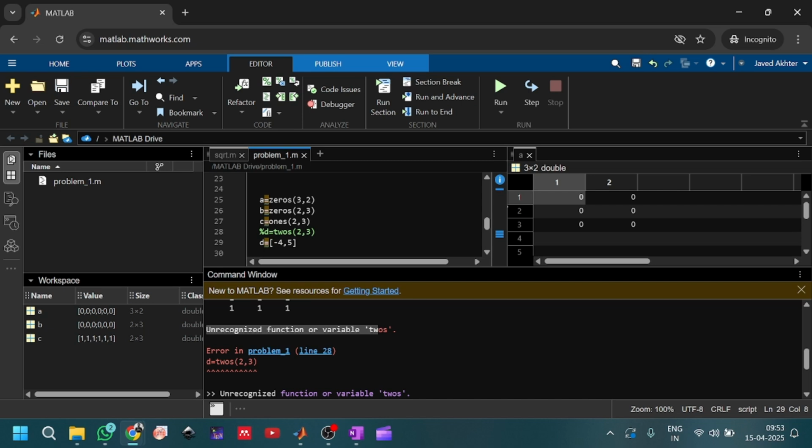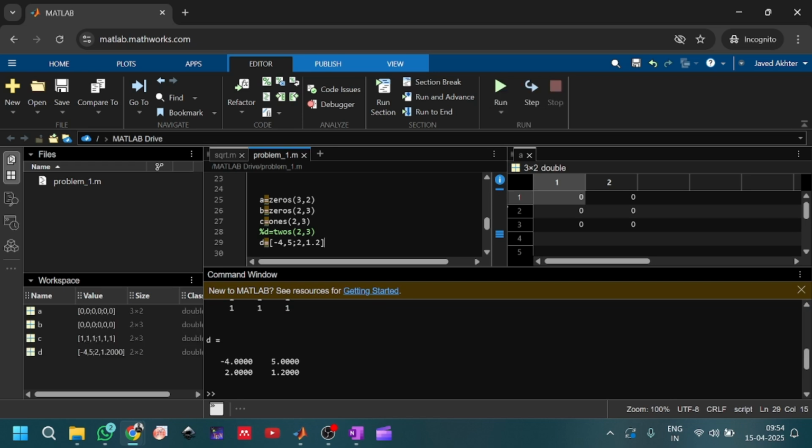For example, -4 is the 1 comma 1 element, I mean the first row, first column element. This is the first row, second column element. Now you have to change the row and enter the numbers. For that you have to put a semicolon. Whenever you put a semicolon, that will take you to the next row, and then you write the values along the columns. So the numbers are 2, 1.2. If you run it,